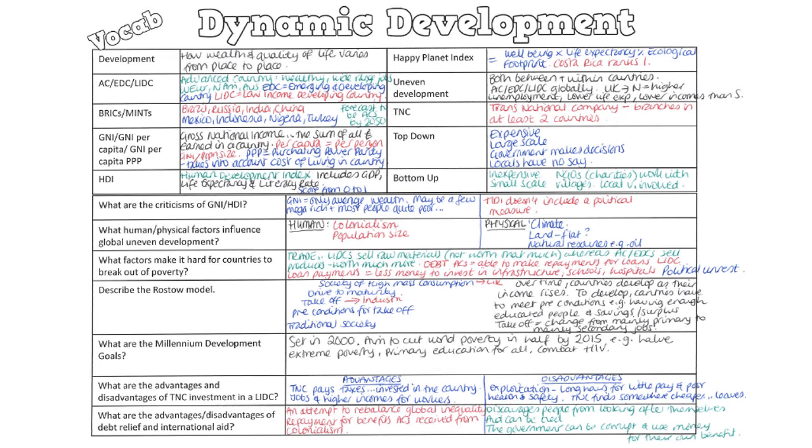Then you've got debt. All countries are in some sort of debt. The UK is in a huge amount of debt. However, we can afford to make our repayments easily each month. LIDCs that are in debt, the money that they're spending on those debt repayments means less money for them to invest in the infrastructure, in schools, in hospitals, within their country, and holds them back.